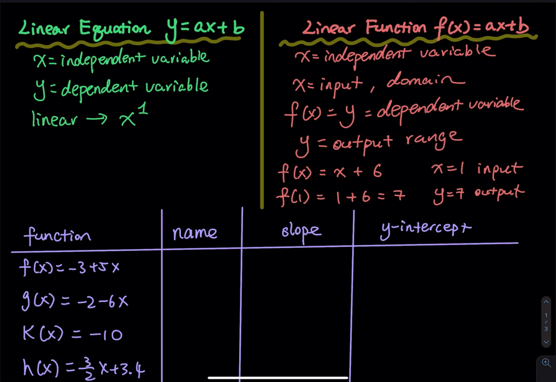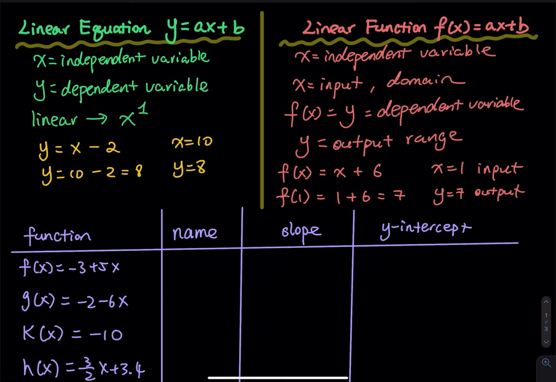X, we call that the independent variable. Y, we call that the dependent variable. And this is a linear equation because x is raised to the first power. So how do the independent and dependent variables work? Let's say you have y equals x minus 2, and when x is equal to 10, you have y equals 10 minus 2. That is equal to 8, y is equal to 8. Since the value of y depends on the value of x, we call y the dependent variable, x the independent variable. So for linear function, x is still called the independent, y is still called dependent,